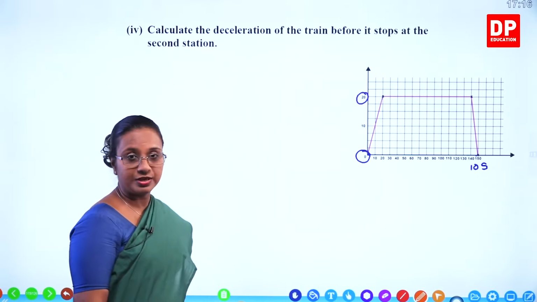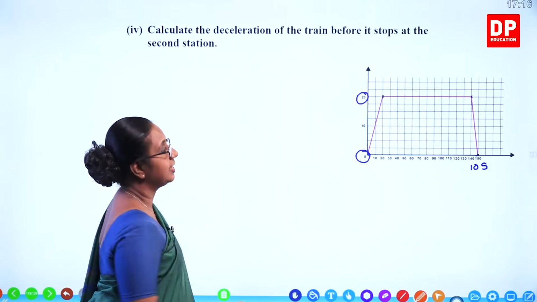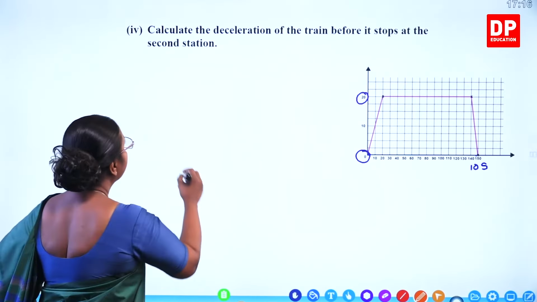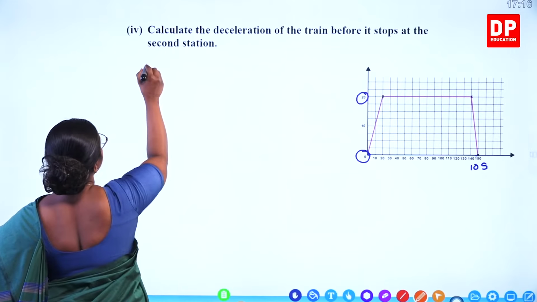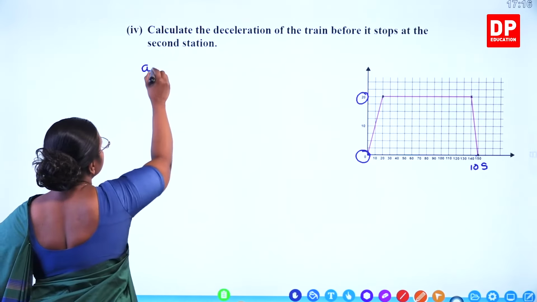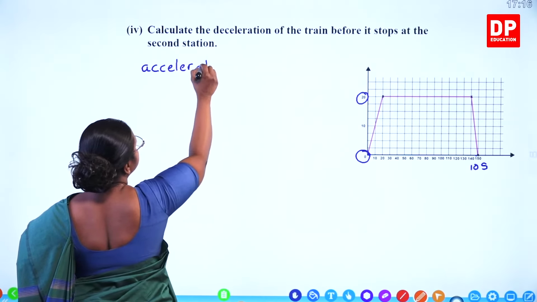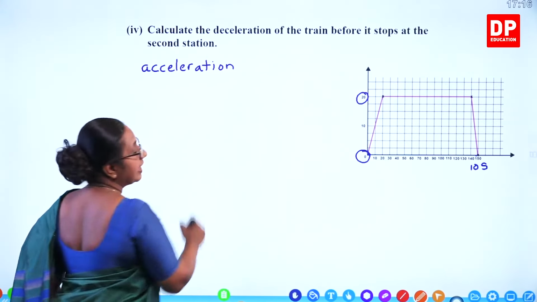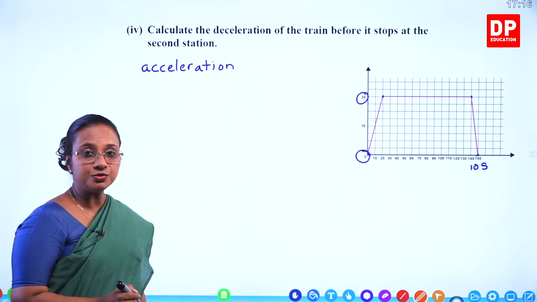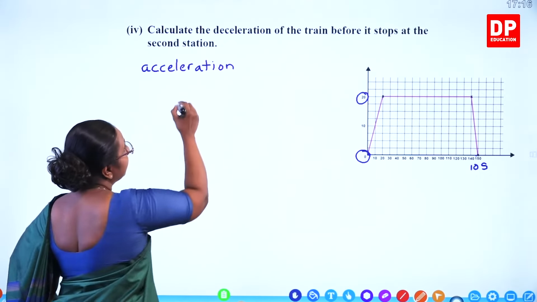It was given to you in the question, the last 10 seconds. So, we calculate the deceleration, but when we write the equation, we have to write it as acceleration, and acceleration is equal to, yes, gradient